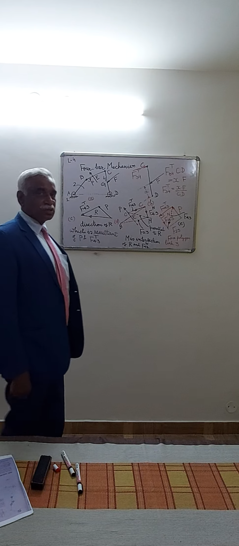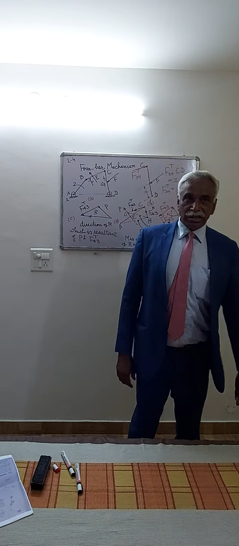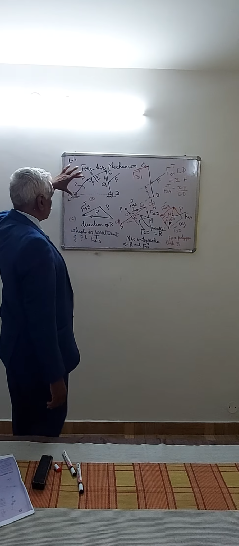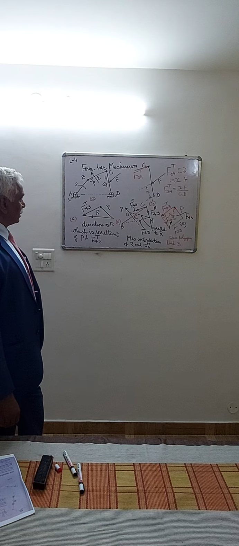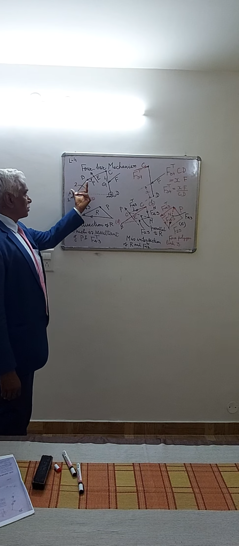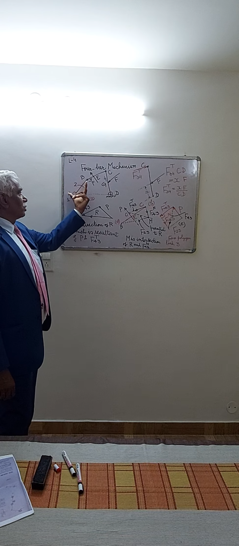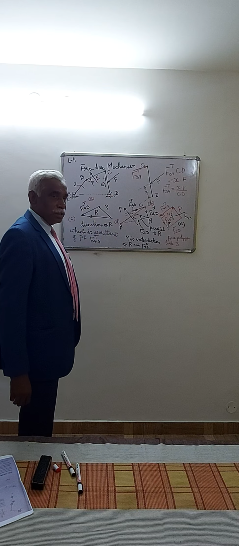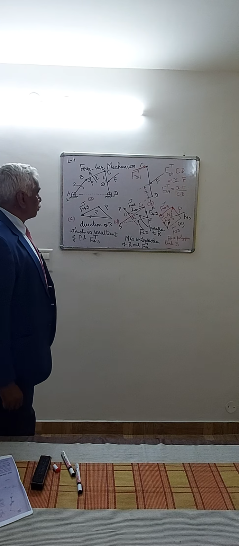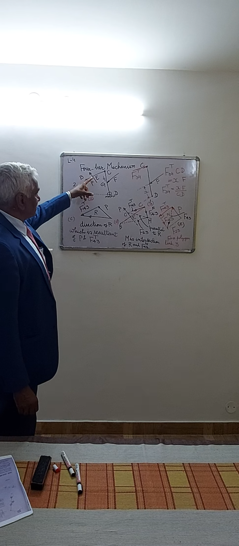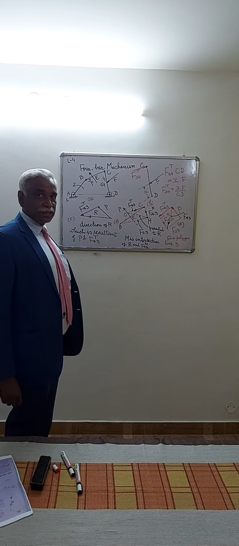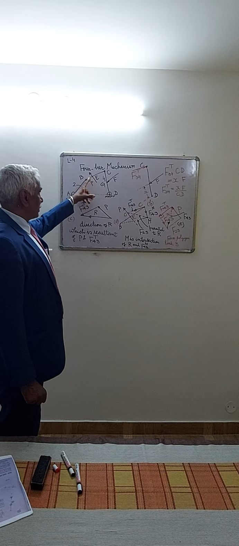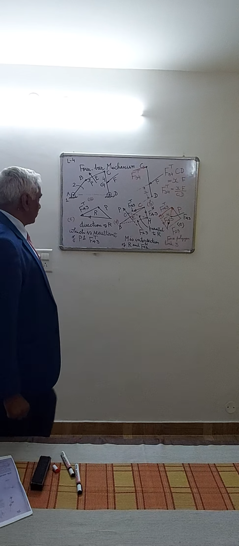How we can find the forces on various elements and how we can find the torque or couple on link number 2, that is AB. AB is the crank. How much is the magnitude of the couple on link number 2? Link number 3, that is BC, is acted upon by a force P as shown, and the line of action of the force P is passing through point E. E is a point on link BC, that is link number 3.